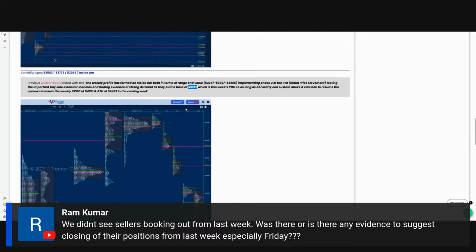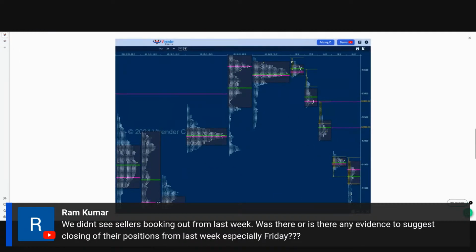So what happened last week was, once we formed this Gaussian curve with the rejection at the value area high of previous week, it was only a matter of time before we get a signal that the auction is headed lower, and we got that in the form of the selling tail which broke below this POC of previous week, 53397. When that happened, initiative selling tail breaking previous week's POC, that is a good signal. And you can see how we went on to